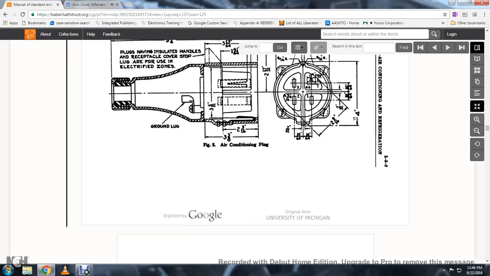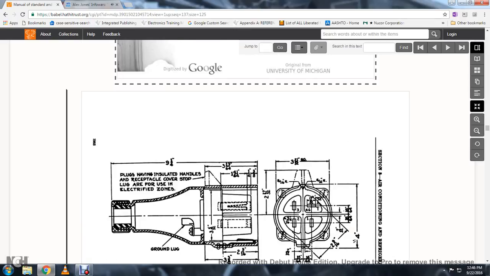Alright, this is your air conditioning plug. It shows the receptacles like